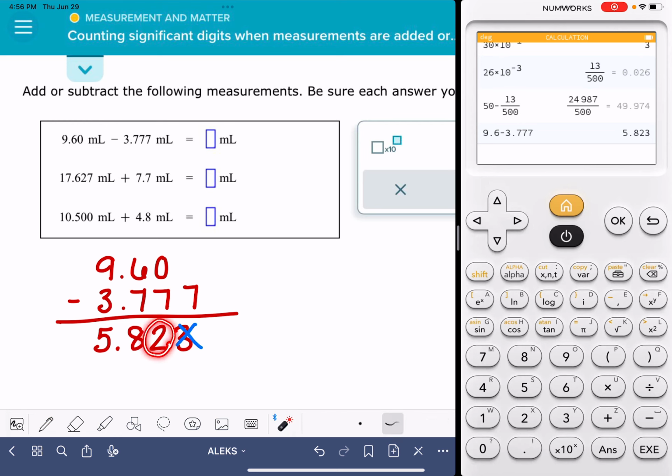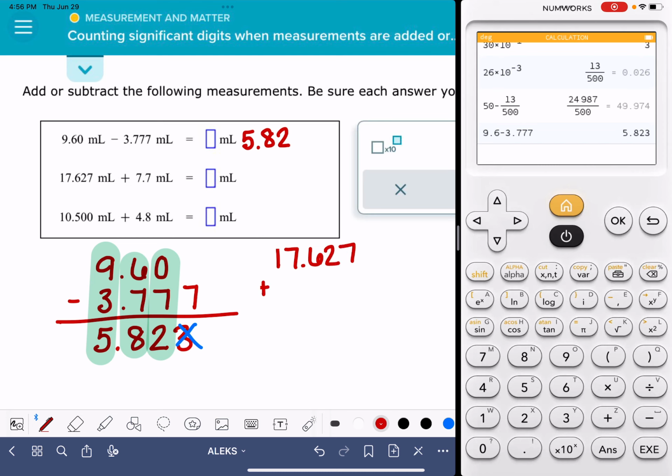The 2 we are allowed to keep because there was a number in that place in both of the numbers that we subtracted. And once we find that first digit, reading from right to left, once we have found a digit that we are allowed to keep because it was present in all of the numbers that we added or subtracted, then we know that we are allowed to keep every digit to the left of that. Right? So once we have found one of them, we can keep everything beyond that. And so our answer for this is 5.82. Let's practice with our next one,